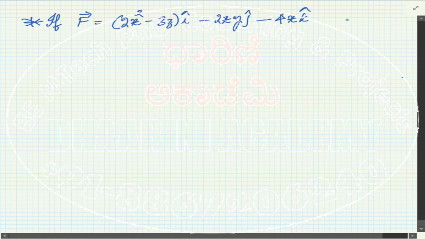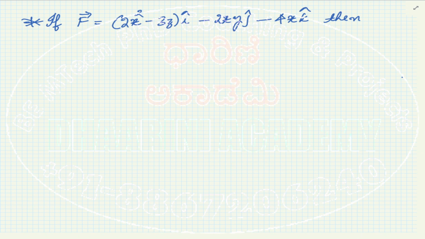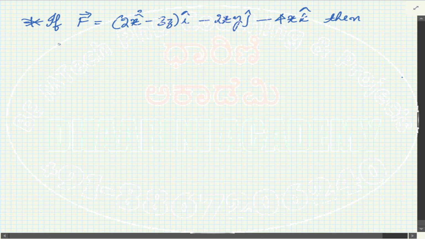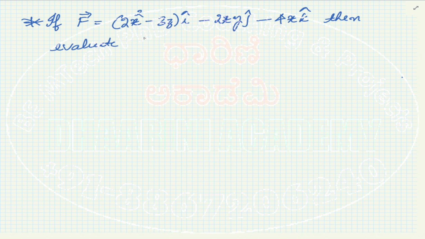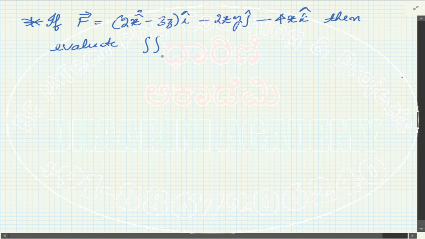If this is the case of vector F, then evaluate the triple integral over the volume V of del dot vector F dV,